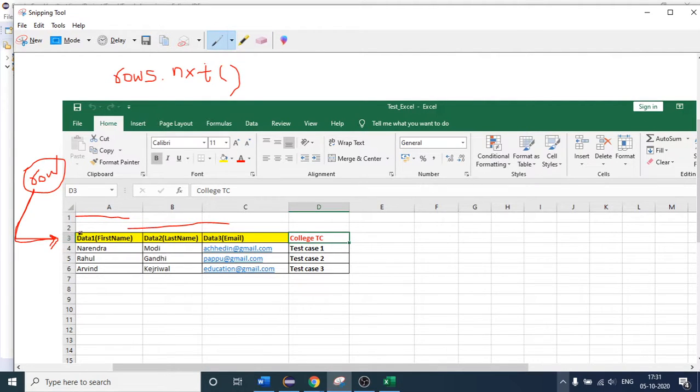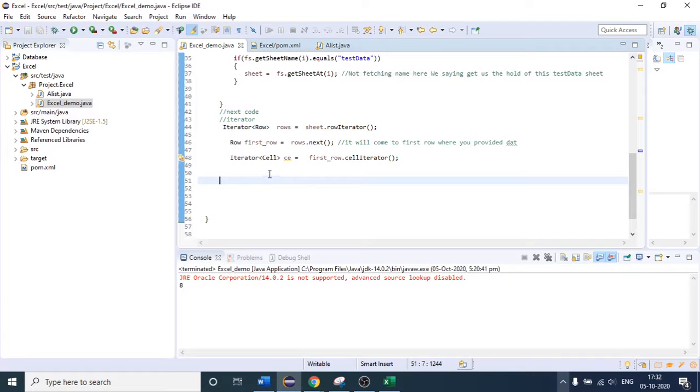After that, I have to traverse each and every cell. So this is one cell. Likewise, this is my second cell. Third one is also one cell, and likewise, this is my fourth cell. So to get control over the cells of the first row, we are just saying cellIterator.